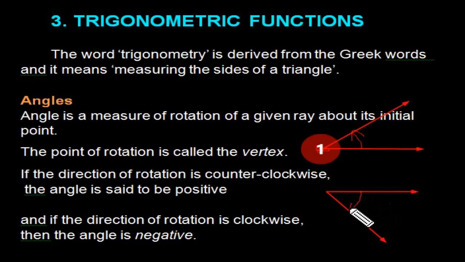For example, minus 20 degree, minus 40 degree, minus 30, minus 90, minus 420 and so on. And it's not that you are going to have angles only till 90 degree. This year you are going to learn more than 90 degrees, that is 270 degree, 360 degree, 420 degree, minus 700 degree and so on.